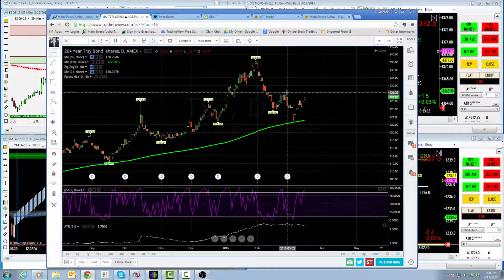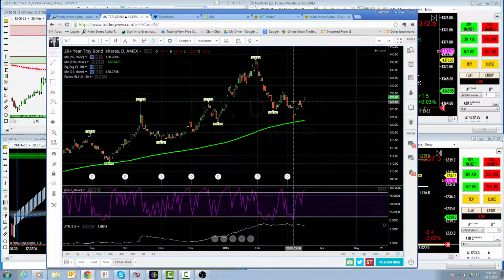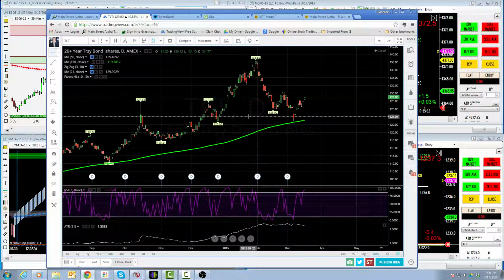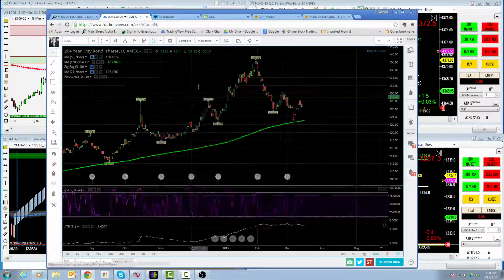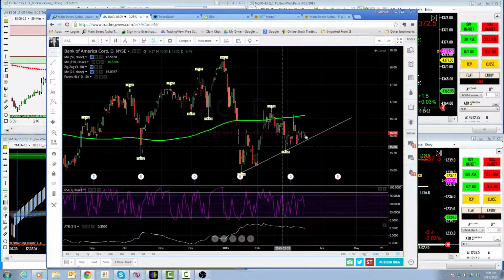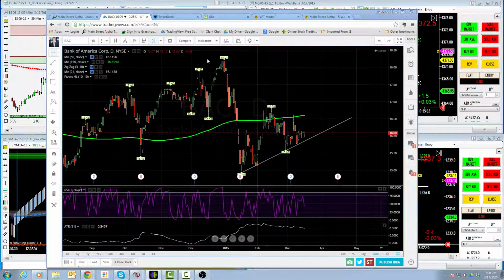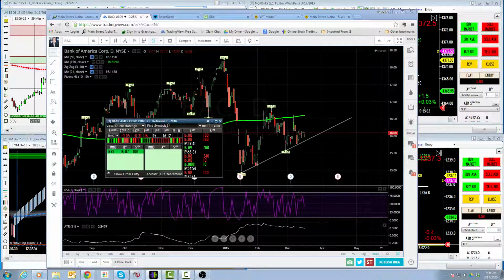I'm going to be putting in a little alert here at 130, and if it breaks out meaningfully, I might pop on the calls. I'm going to remain very neutral here. It could be a 130 call or it could be a 130 put. I probably won't do a straddle or a strangle on that. Let's take a look at Bank of America. I like this ascending trend line. And what I pointed out today on Bank of America that I just love, folks, is look at this.